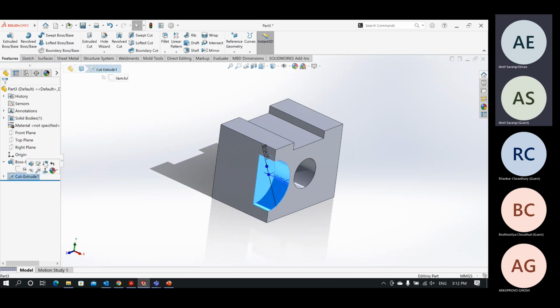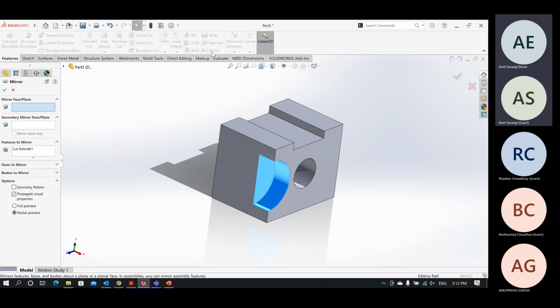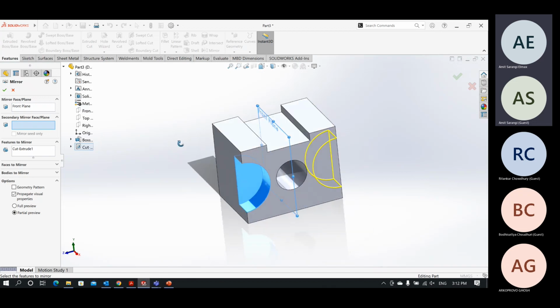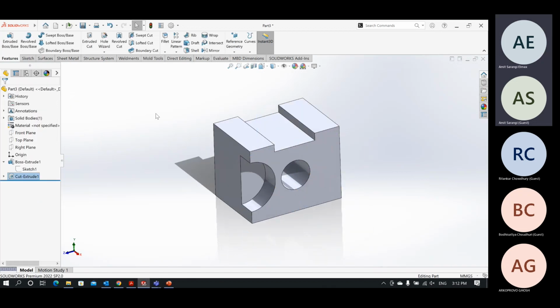So, select the feature, click on mirror. Here you can define your mid plane. Our mid plane is not the right plane. Our mid plane is the front plane because about this plane we are going to mirror. See the preview. One more option is there. Suppose